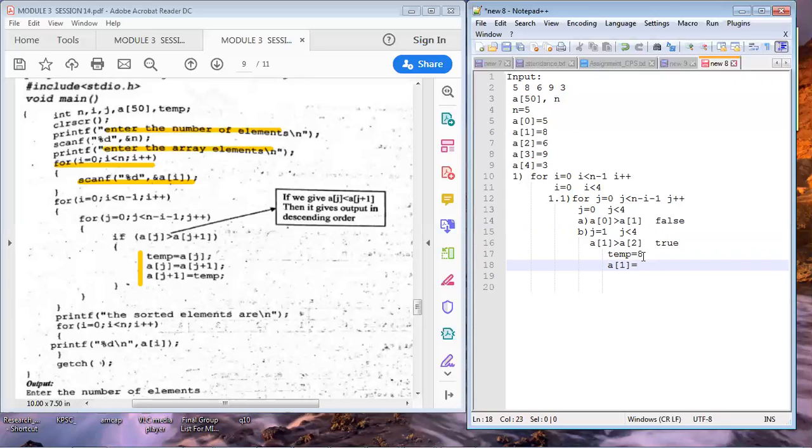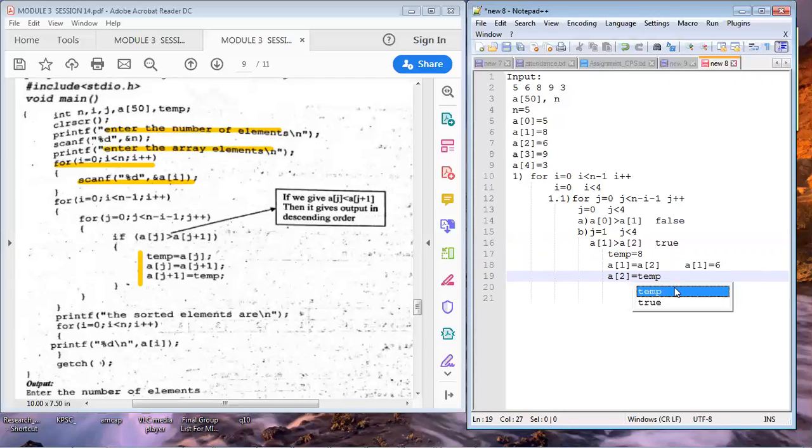A of 1 will be equal to A of 2, which means 6. We are copying 6 to the first position. Now 6 came to the first position, this is A of 1, and 8 came here. So to copy 8 to the next position, we have to do A of 2 is equal to temp.